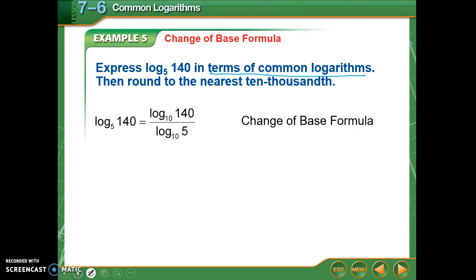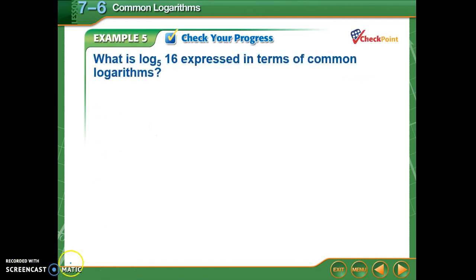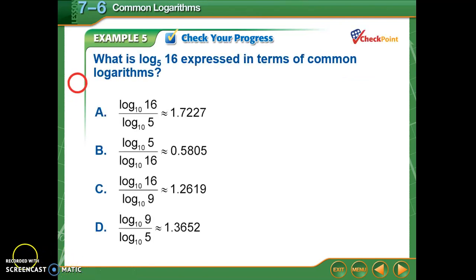And then we're going to round it. So I rewrite, so I take the logarithm of this number here, 140. Notice we're choosing log base 10. And then I take the logarithm of the base, log base 10 of 5. And then I use a calculator to simplify that. And so I want you guys to try this last one. The answer here